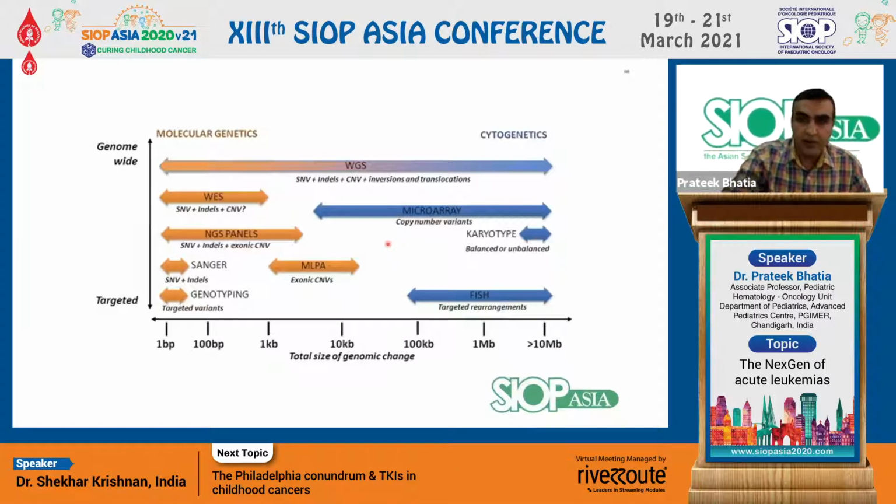And there are different genetic techniques available to detect these lesions. For single base pairs, you can go in for PCR Sanger sequencing, or small targeted NGS panels. If you wish to include CNV detection, that is the secondary abnormalities, then you can use MLPA or combine a microarray or FISH along with these techniques. You can also detect them together in whole genome sequencing, but it's a high cost and requires a lot of bioinformatic analysis before you can do that.